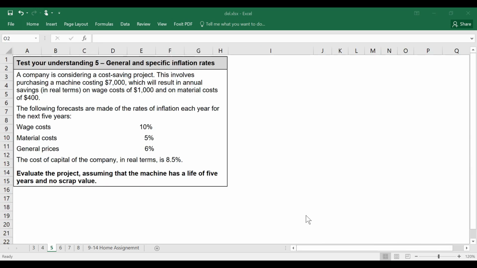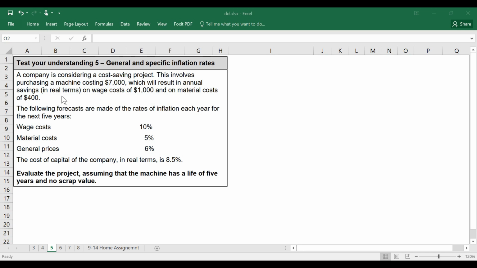Now let's solve another question. First of all, read the requirement of the question, which is: evaluate the project assuming that the machine has a life of 5 years and no scrap value. And the question is, a company is considering a cost saving project. This involves purchasing a machinery costing $7,000, which is our cash outflow,